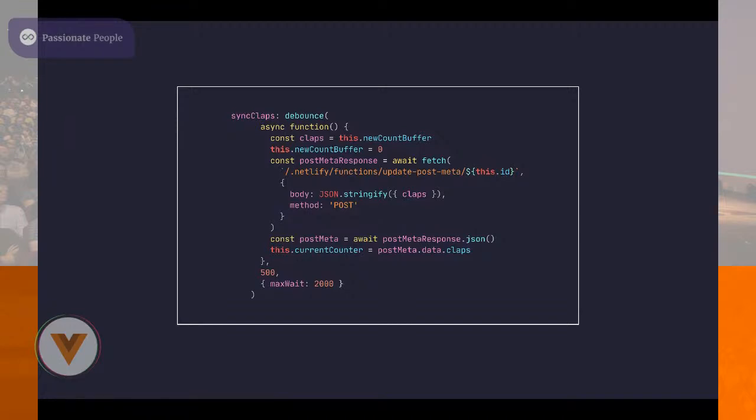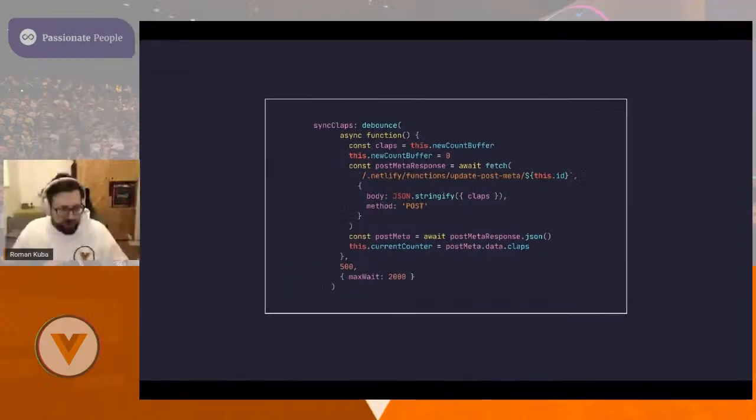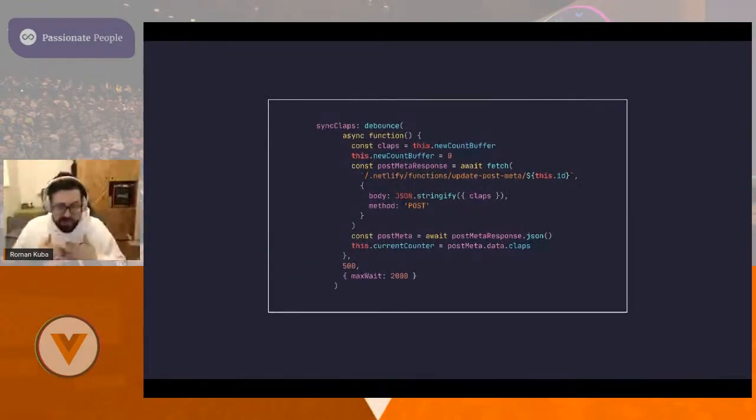Again, I send something to the Netlify function, call it. You can see the post data. And we just make use of the fetch function, right? Which is just the browser specific one. So no extra magic needed for us, which is quite nice. And then we always wait for the final function and update our counters, should somebody else have clapped in the meantime.